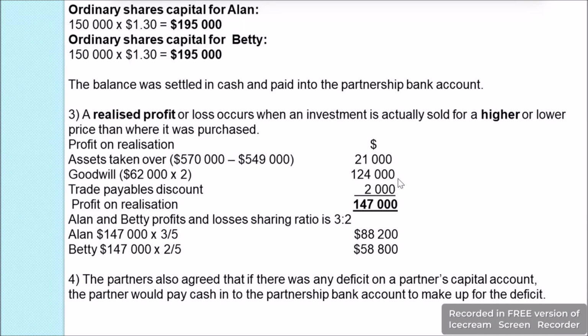Now apart from that, it was also mentioned that when the liabilities were released, that is trade payable was released, they got a discount of $2,000. So this discount is also a profit. So when we add all this, we get the profit from realization as $147,000. Now this profit on realization will be shared between Alan and Betty in their profit and loss sharing ratio,